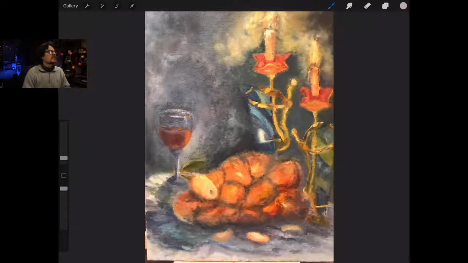The bread, the challah, is much softer looking in person, but it looks like harsh divisions in the bread. Yeah, each piece of the bread's kind of cut and isolated from the others. So we need to open some edges there. More subtle variation in values. All right. Background and shadow. So that's a lot, Wendy. I don't know if we're going to be able to answer all of that, but let's get started.